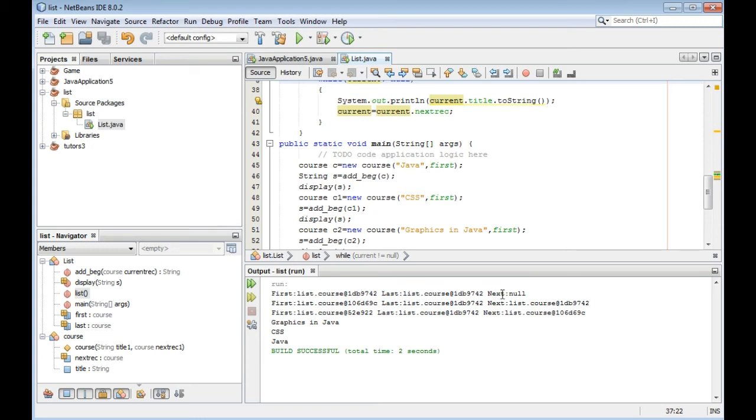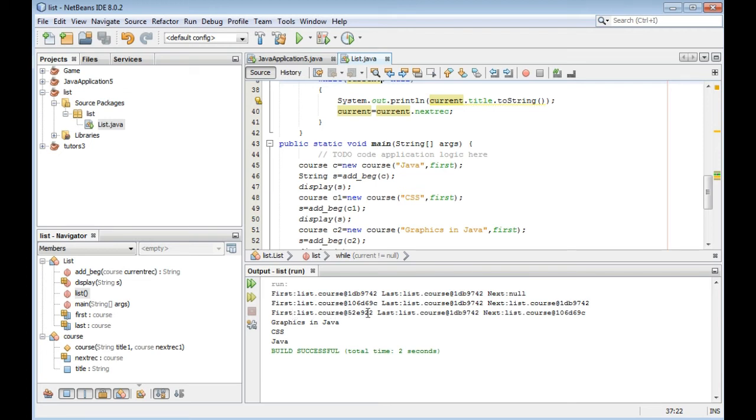So we should have current not equal to null. So we have graphics in Java, CSS and Java. So you see, this is how we add at the beginning.